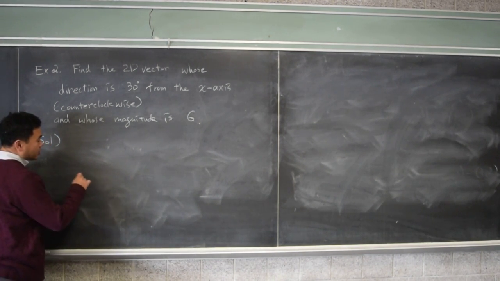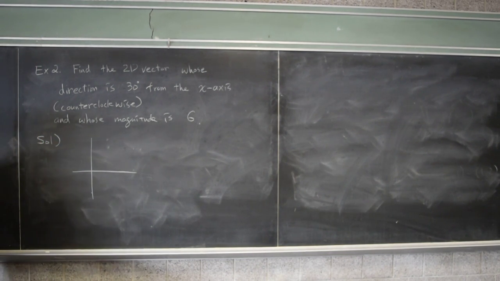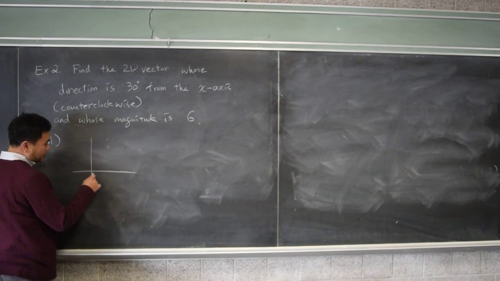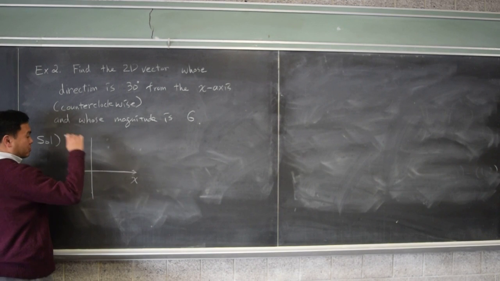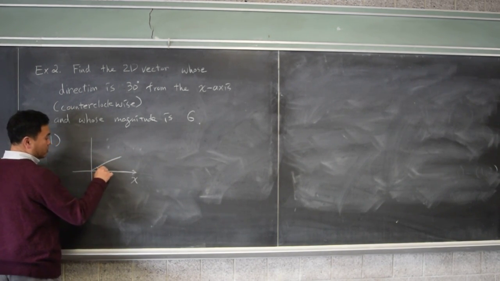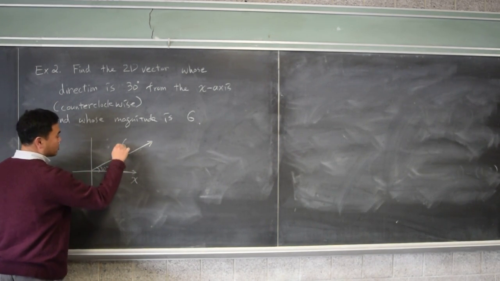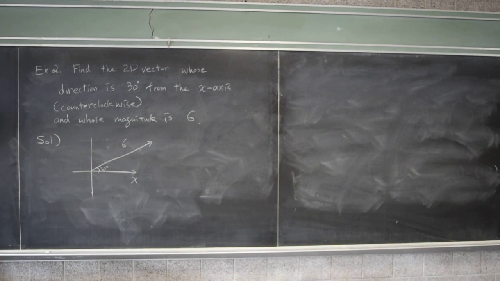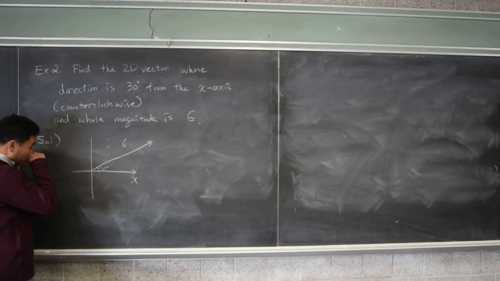Okay, so let's think about what this means by drawing a picture. So here's the x-axis, and you're going counterclockwise 30 degrees. So here's 30 degrees. And you're trying to find a vector whose length is 6. All right. How do we do this? Well,